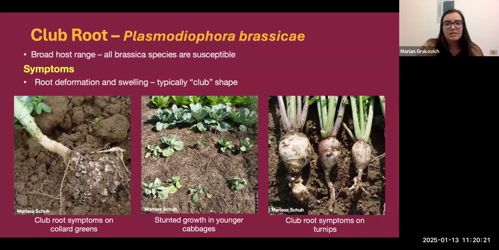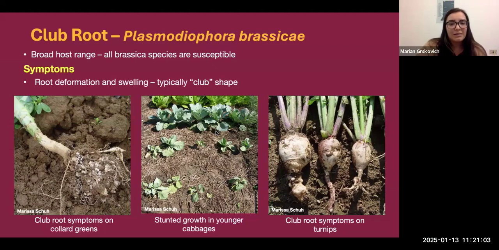Some other symptoms that you might see are wilting leaves and stems, and they're super susceptible to drought stress because the roots are your main water intake source. If they're all messed up and swollen, you're not going to have great water intake for those plants. In this middle picture, you can see that if infection occurs on younger plants, they often either cease to grow, die off, or are super stunted and might not ever mature. On older plants, they generally just don't produce a head for harvesting, like they won't reach maturity or can die off from the wilting and lack of water intake.